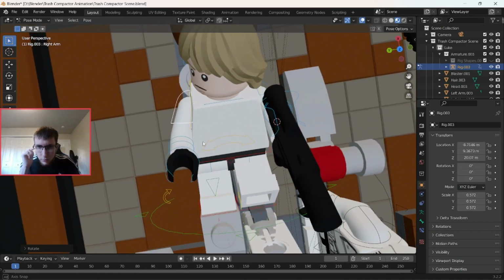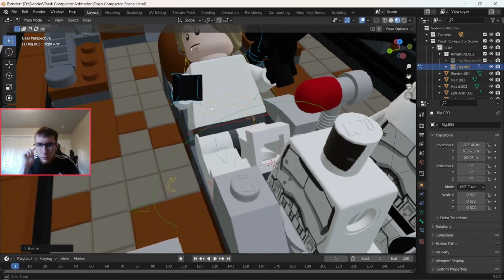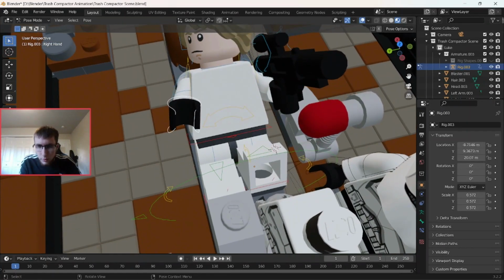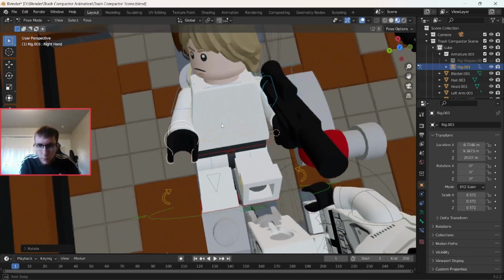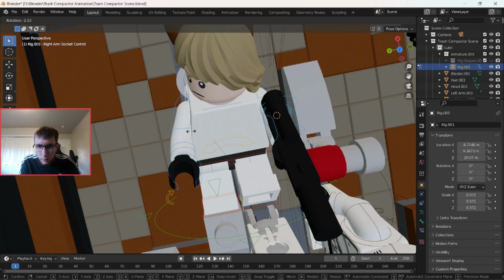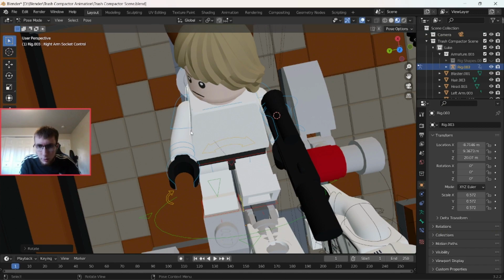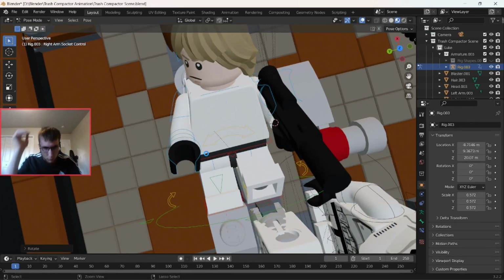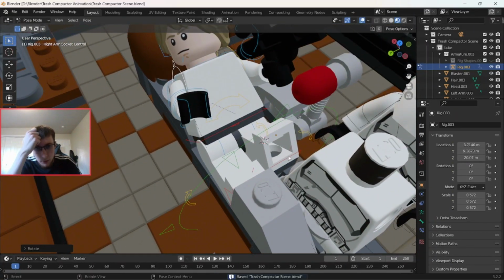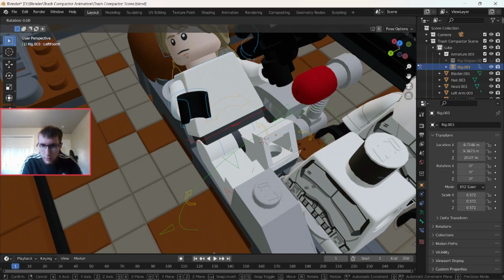Something like that works. The armature outline does not have to be perfect, but you want it as close to resembling the character's body parts as possible. It does not have to be perfect though, as this is just the bones, and you want to just make sure you know what is what. I think this already looks pretty good. There are some things that we still have to change, but as of right now,